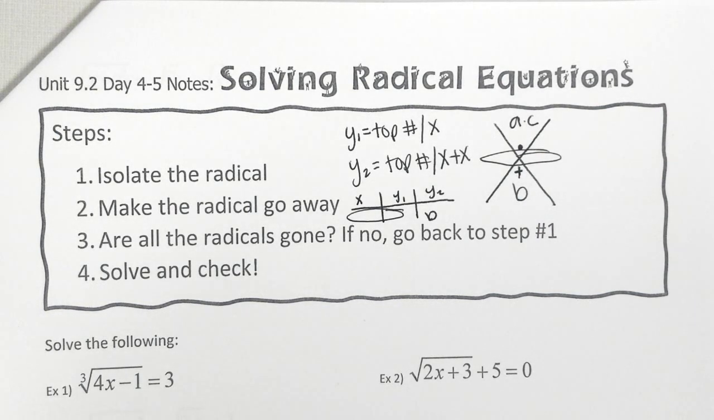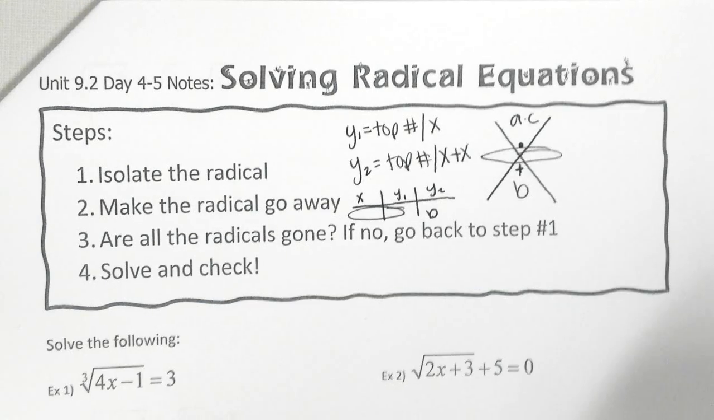Okay, so we are solving radical equations. Your steps for solving radicals is to isolate your radical, make the radical go away, and then if there's still radicals, you go back to step 1. If there's not, you solve and check your work. You do have to check your work because sometimes it doesn't work. Yes? Okay, so knowing that, if we look at example 1,